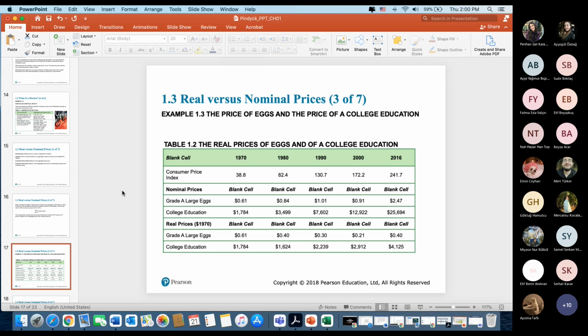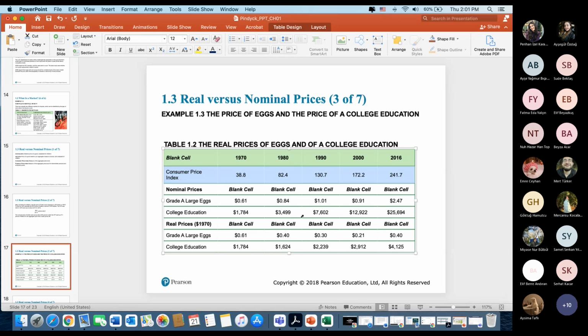So here is another example, the price of the egg and the price of college education. Indeed, it's really very ridiculous to compare and contrast the price of the egg and the college education. However, this is just showing you how inflation has changed depending on the years. We are going to see here the nominal prices, the consumer price index for the goods,